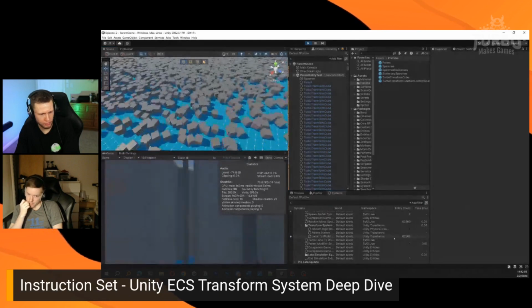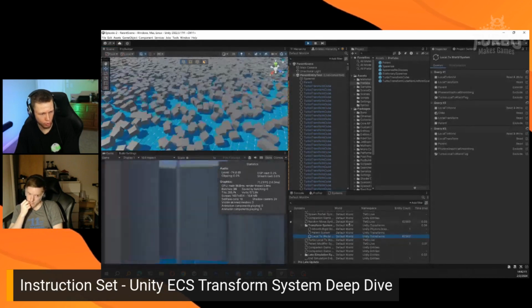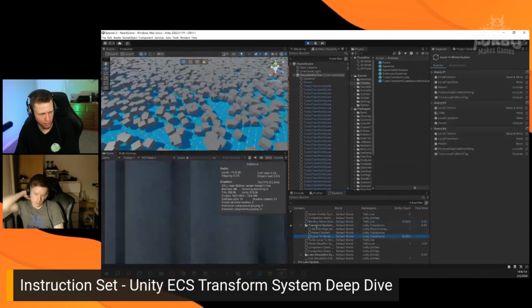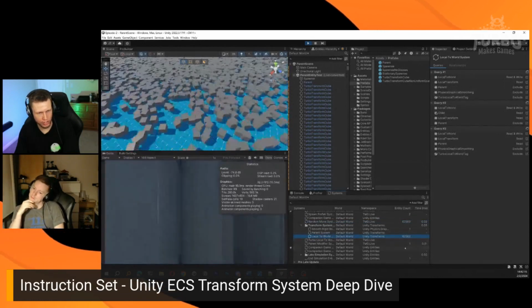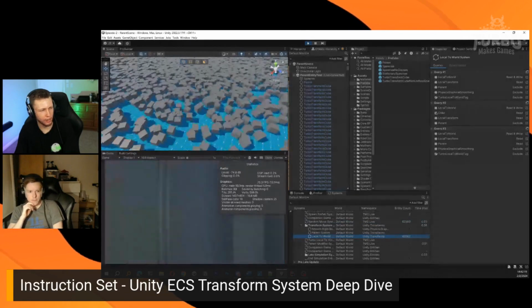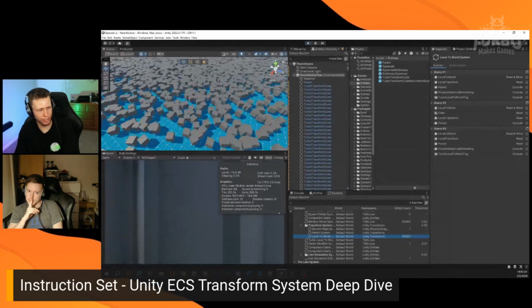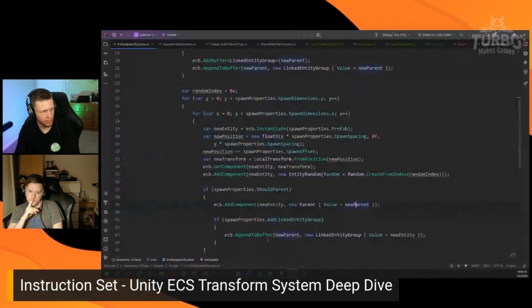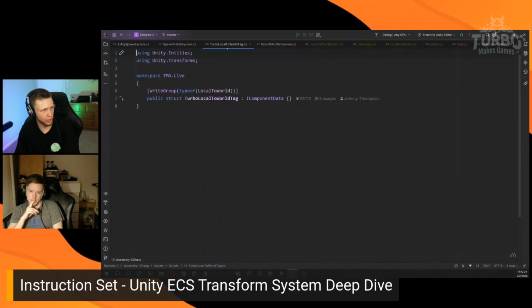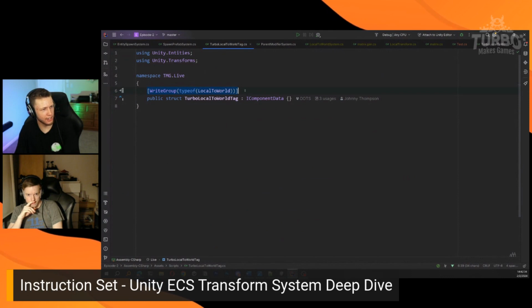62,500. So you can see we have the random move system processing all of these, and the local to world system is processing all of these here. Now there actually is a way that we can overwrite the local to world system and use our own local to world system. So what I've done here is created this turbo local to world tag. This has an attribute over this component, which is an empty data component, and this has a tag of a write group,